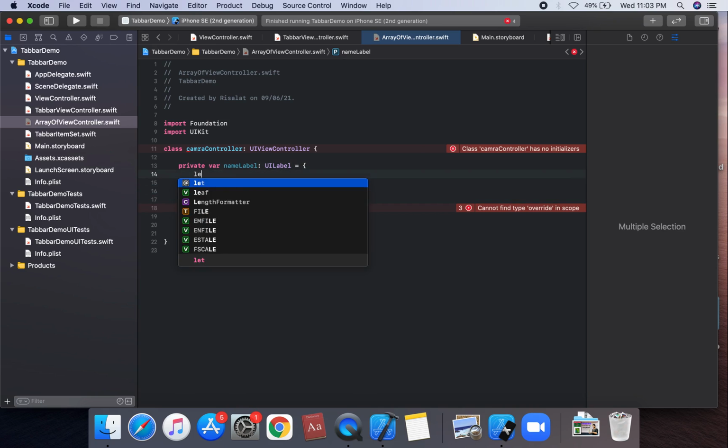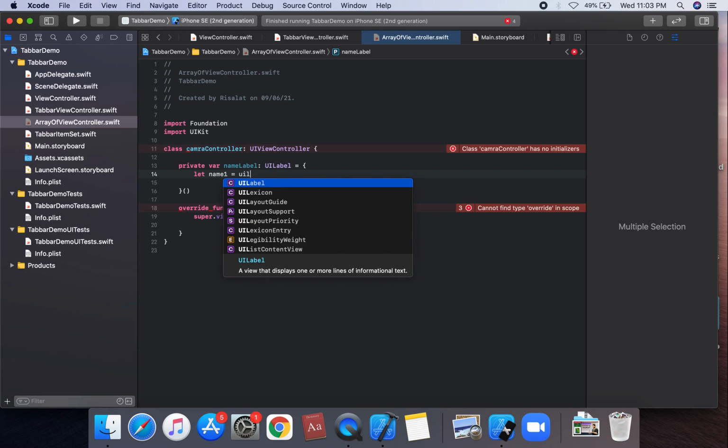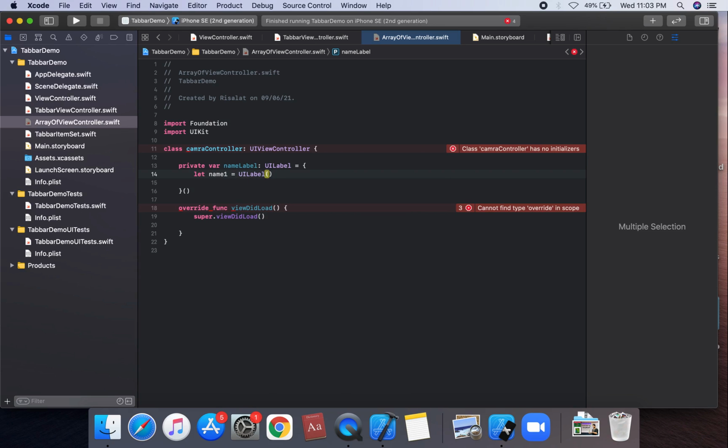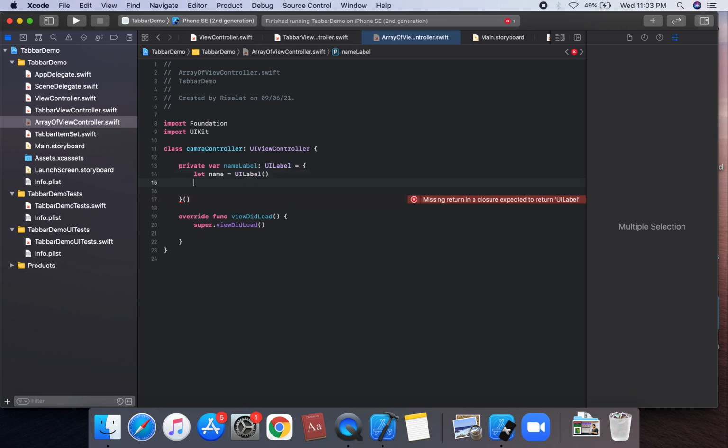So we're gonna create the instance, let name first is equal to UI label. We're gonna create the instance. Suppose first name, so name dot text,